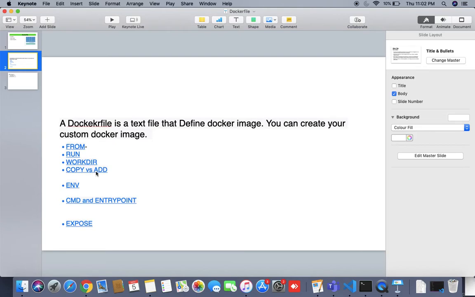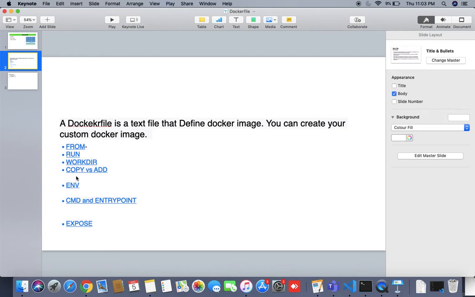Let me give you an example. Let's say you are going to deploy a Java based microservice as a container. What you will do is first use git pull or git clone, so all your code comes into the host operating system. Then you need to copy that code, the jar file, inside the container.